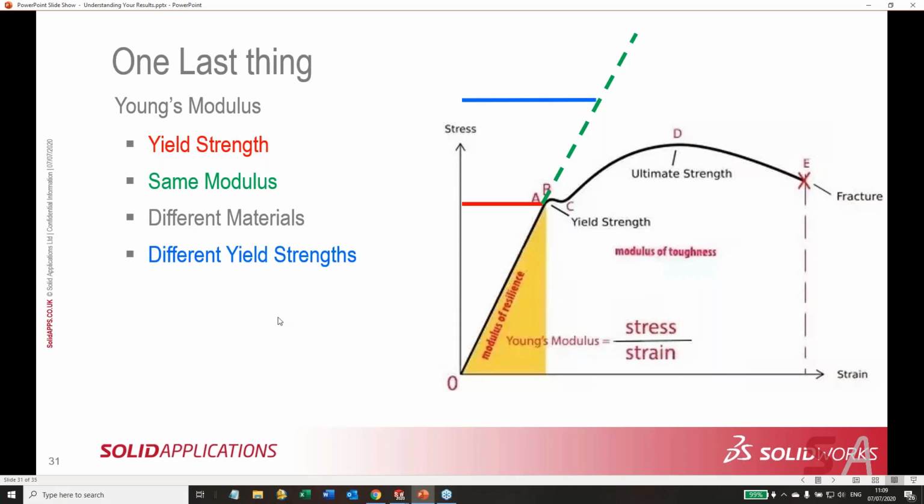So let me give you an example. A high strength alloy steel and plain carbon steel. They have about the same modulus of elasticity, very, very close to each other, and the same Poisson's ratio. They're both about 0.29 for Poisson's ratio. So if you swap out the material from one to the other, you're going to get almost identical stress and strain and deflection results. The difference is going to be that if your stress value falls in this range between